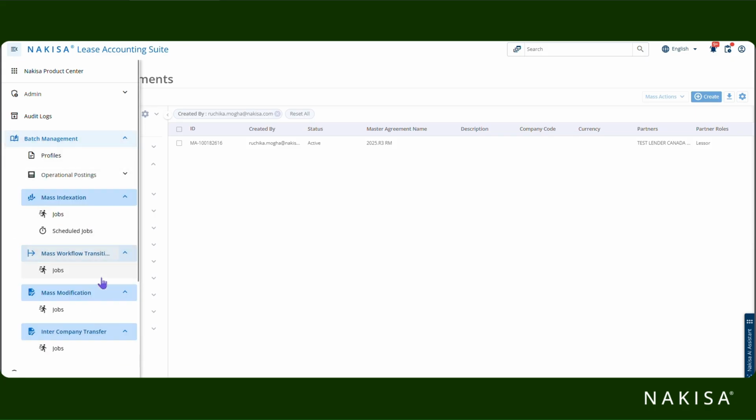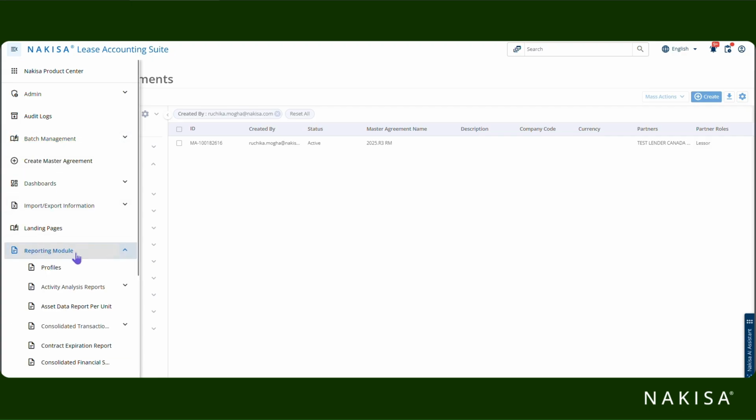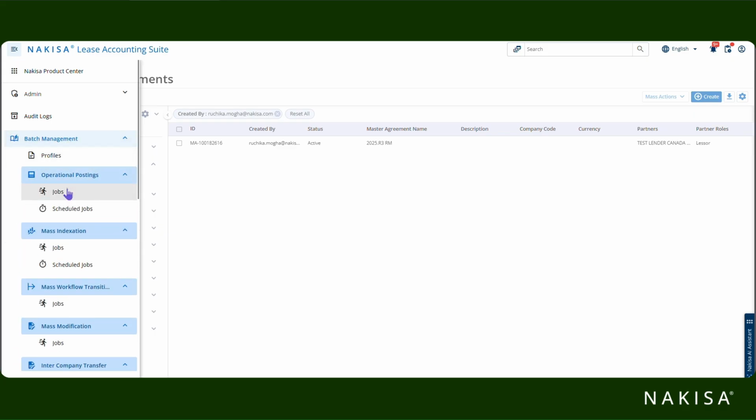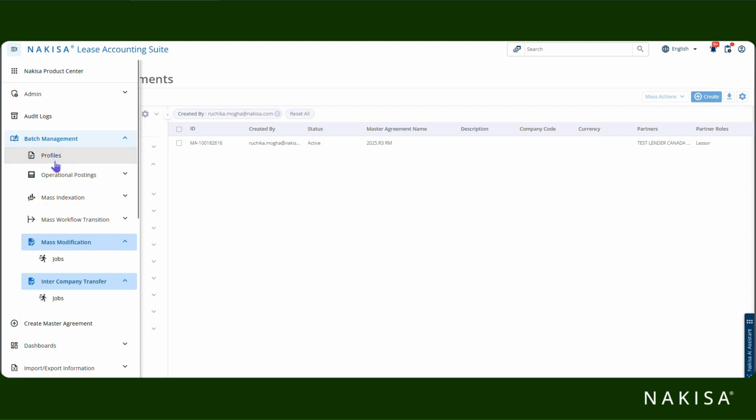And we'll be seeing under the profile reporting module. So in the previous release, for each job we had a profile included under each type of job. Operational posting had a profile of its own, mass indexation, and same for mass modification and workflow transition. So now what we have changed is that you only have profiles at a consolidated level, which